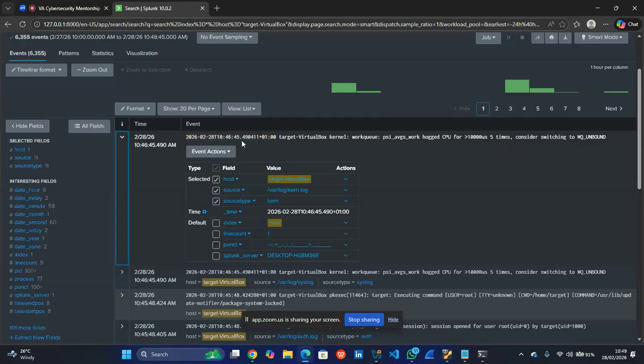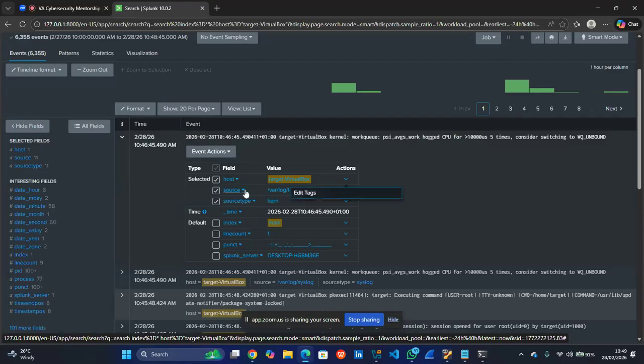So this is the timestamp. This is a very important time. This is the time the logs were generated. Timestamp. This is the target kernel, blah, blah, and other information you can just check out. And so this is the whole space. You can just click on this. You can edit the tags or source. This is the source of the